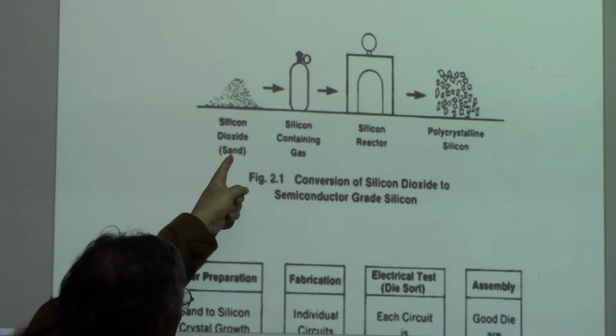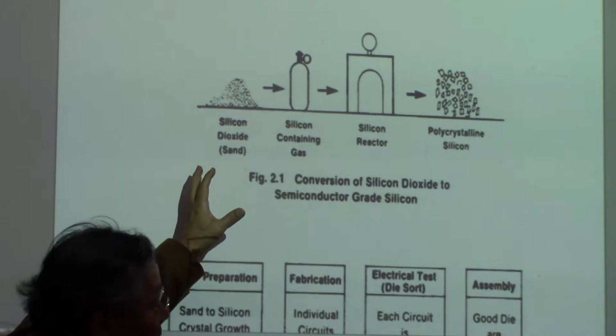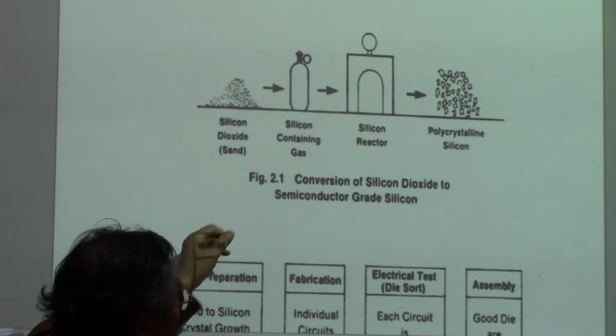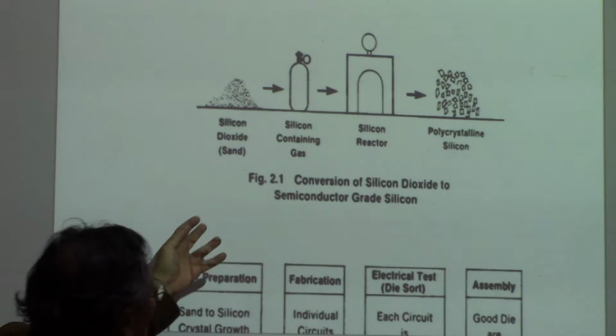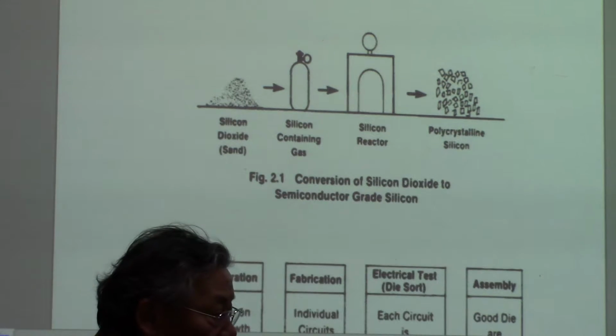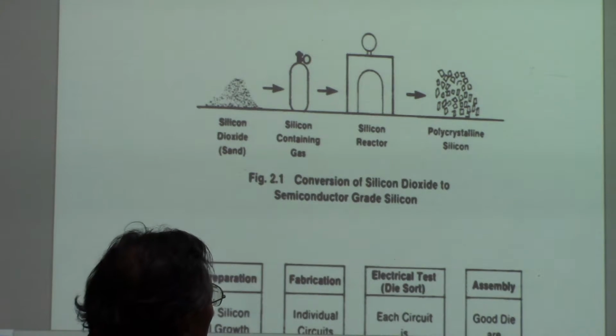That is the silicon oxide basically. Silicon dioxide, that is the sand, and then we make a reduction of that silicon oxide to silicon, and